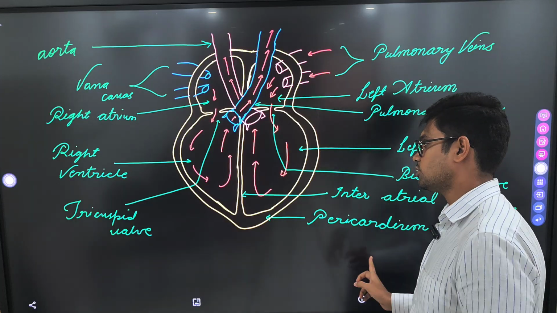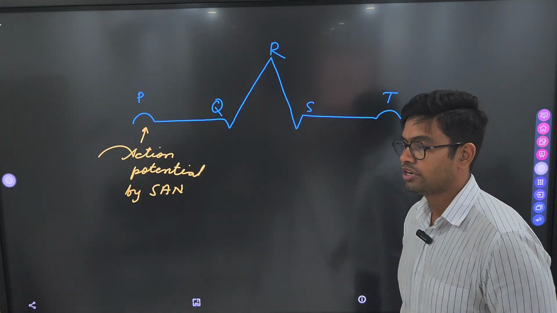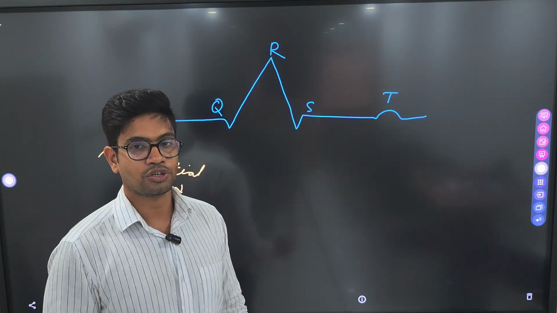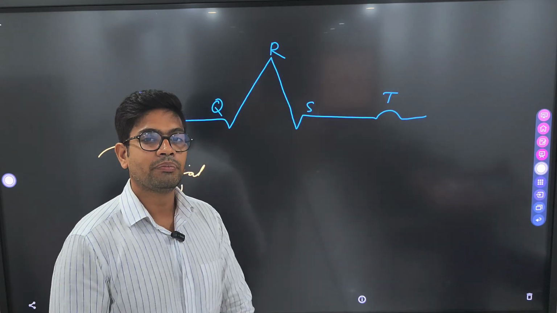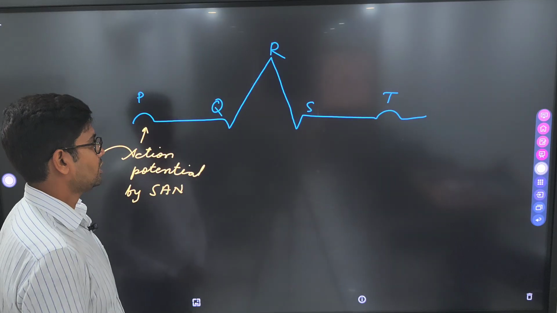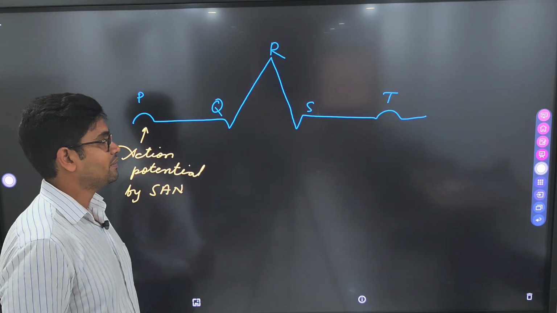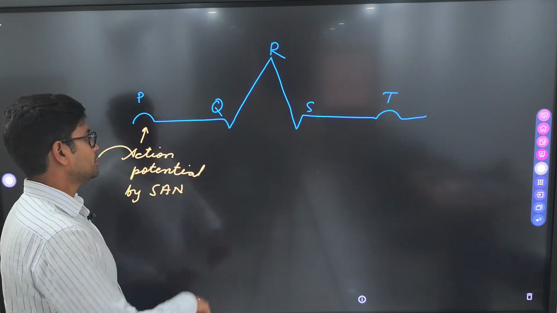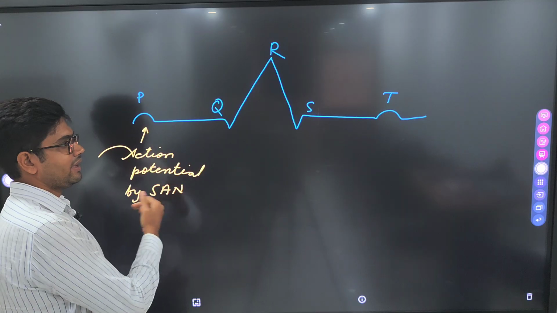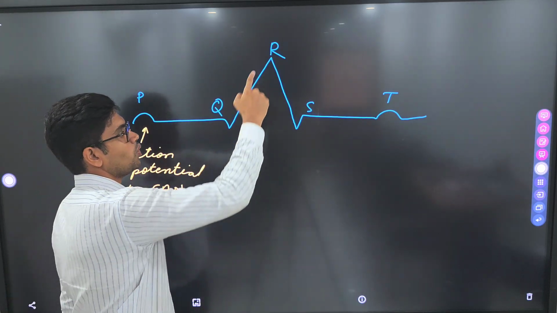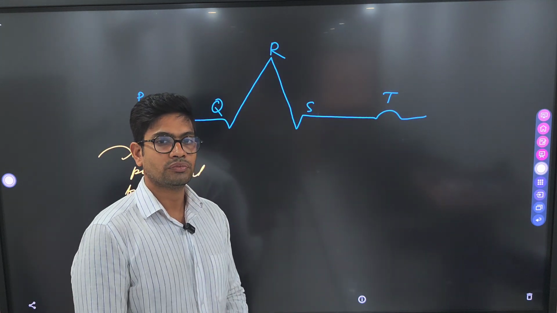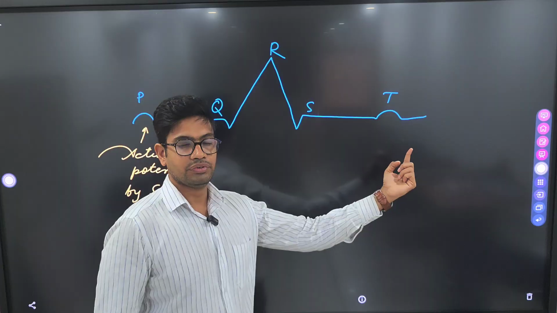One thing I missed, which I would like to explain to you, is how the heartbeats are monitored. Well, the heartbeats are monitored by ECG, electrocardiograph, which is generated by a machine called an electrocardiogram. Now, when the machine generates the graph, it is represented by alphabets from P to T. Here the P wave shows the action potentials generated by the SAN. The QRS complex shows the ventricular systole, and the T wave shows